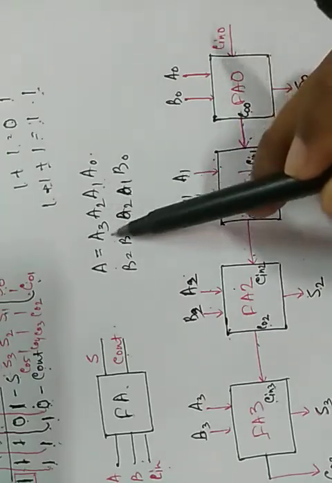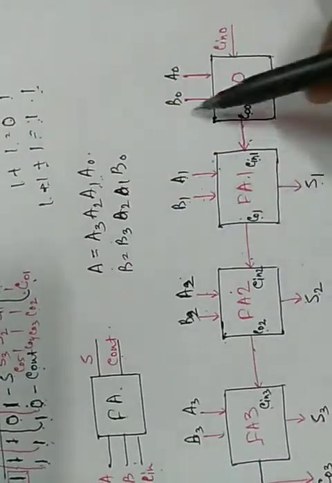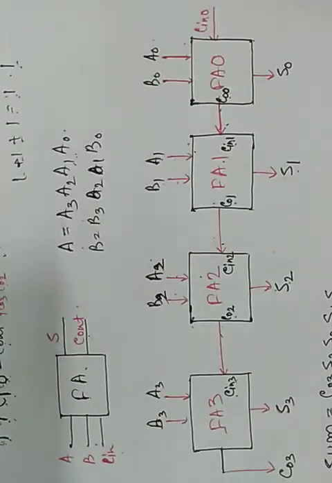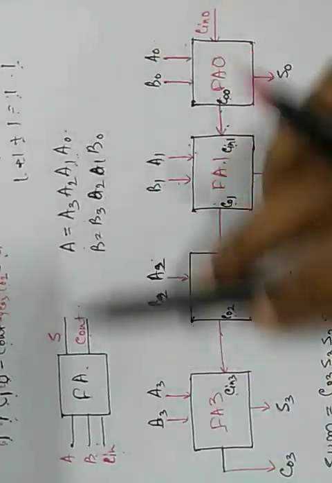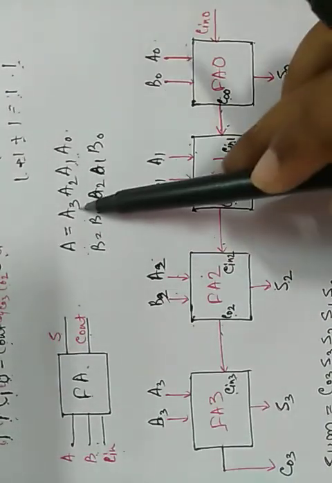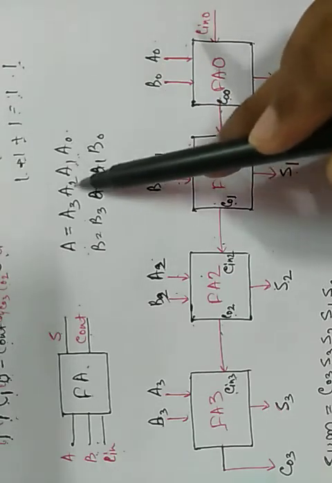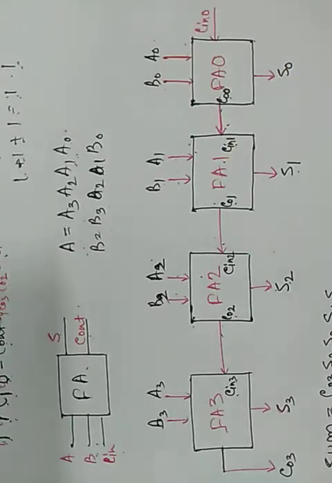Okay, so without defining this one, if we draw only this one, it is not so convenient to draw. Okay, you draw only this one, you draw one full adder circuit, a block diagram, not a circuit, and you write this one. We are going to add these two numbers A and B having 4 digits, A0, A1, A2, A3, B0, B1, B2, B3, and draw this circuit. Okay.